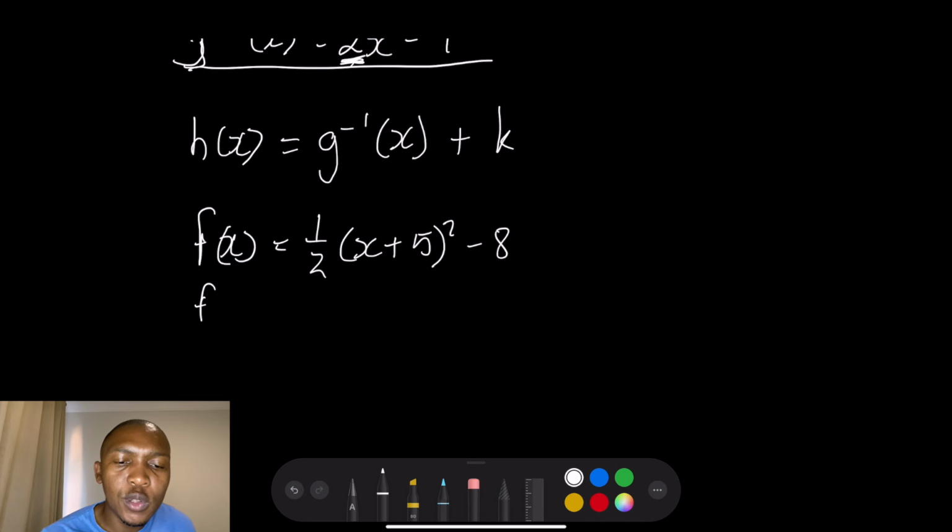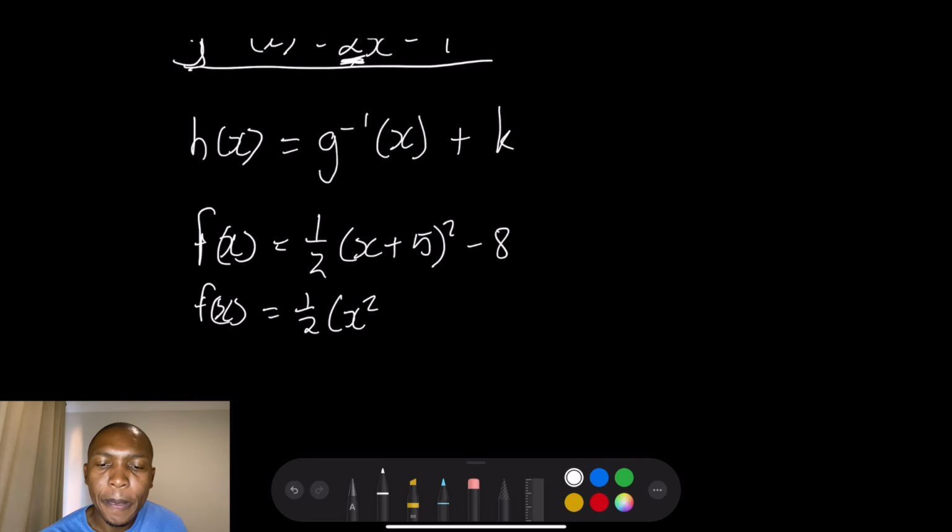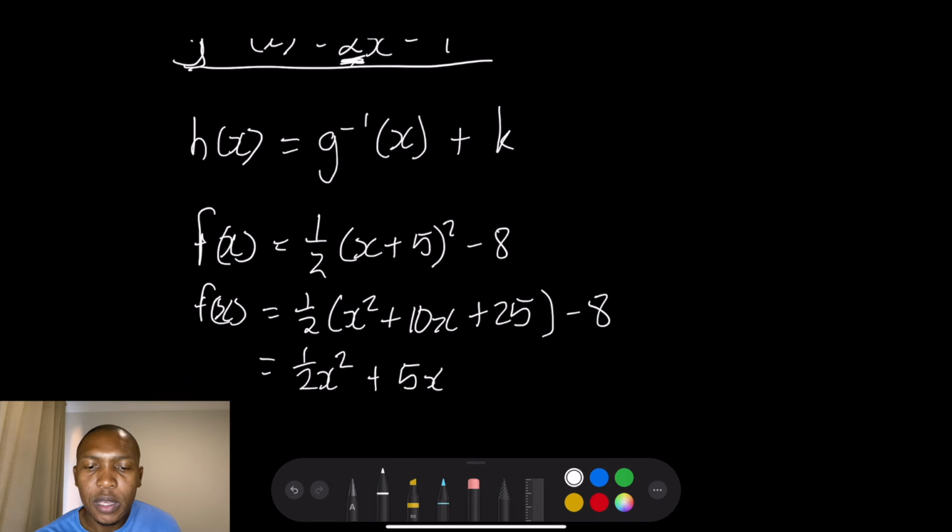So f of x in standard form would be a half of x squared plus 10x plus 25, minus 8. So that would be half x squared plus 5x, and then plus 9 over 2,